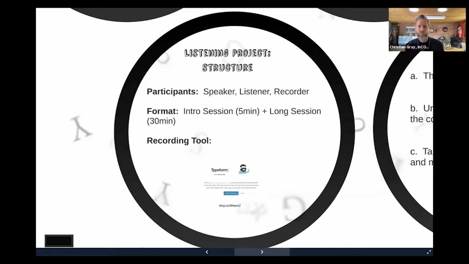And for us, we modify the listening project so that it's a two-part piece. So we do an intro section. Sometimes we call it the short session, and then a long session. Essentially, and I'll talk a little bit how we do community engagement around these two sessions, but because it's a conversation, it's really difficult just to run into someone and say, hey, you have 45 minutes that we can just sit down and talk. The intro session allows you to sort of start the conversation and cue yourself up